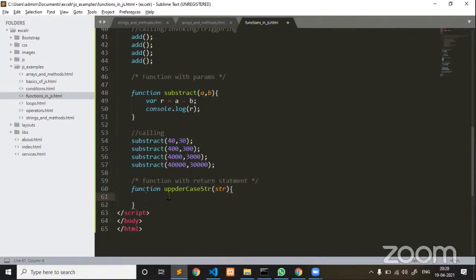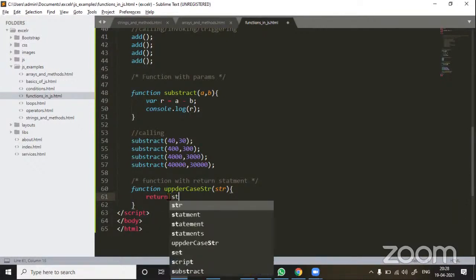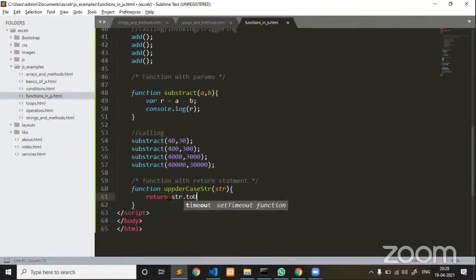Str is a parameter. Now return, I'm planning to return the output. Now str dot toUpperCase. So this is one of the predefined methods, right? toUpperCase is a string method. Now whoever is calling